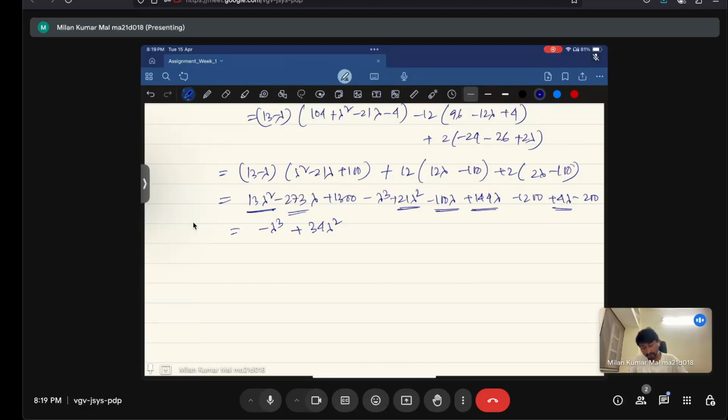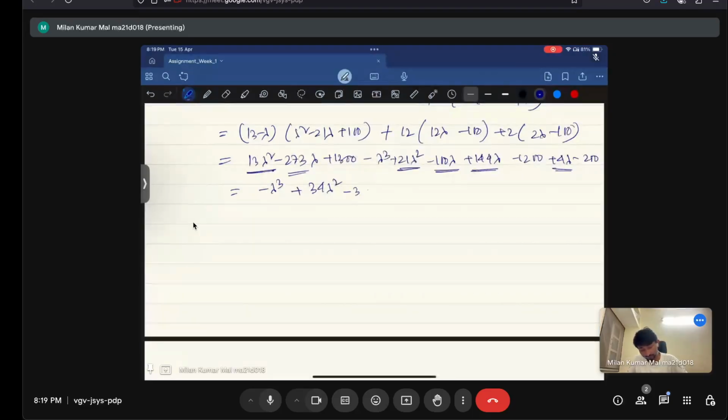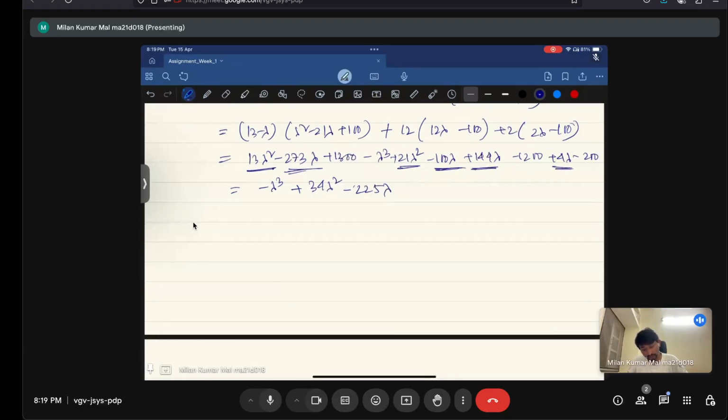Very odd numbers are getting. Oh, sorry. Minus 273 minus 100 plus 144 plus 4, 225 lambda, and 4 lambda, 144, this one and this one. So the 1300 minus 200,